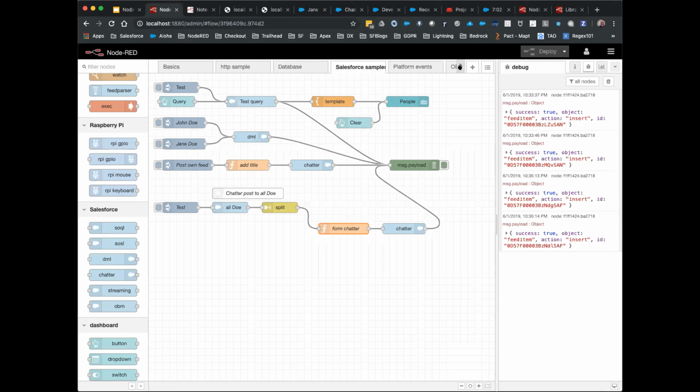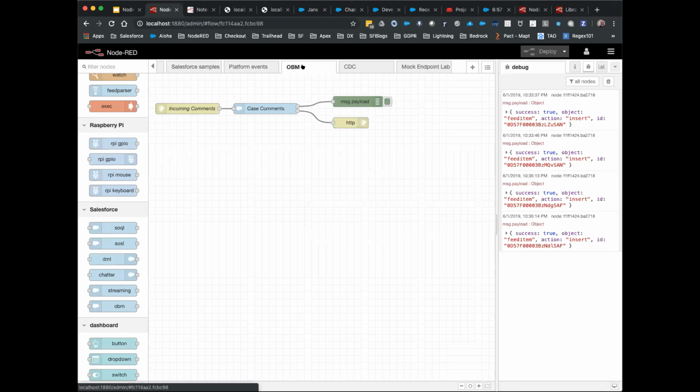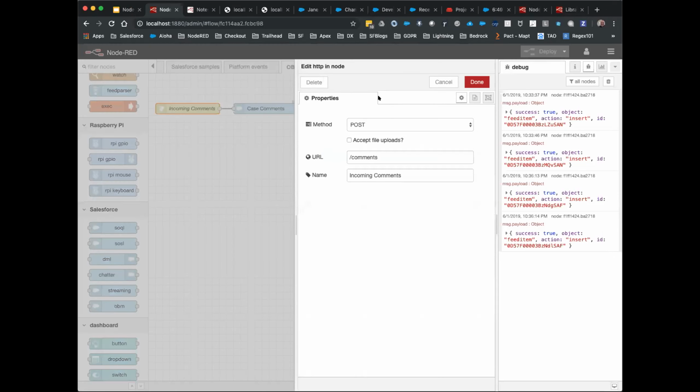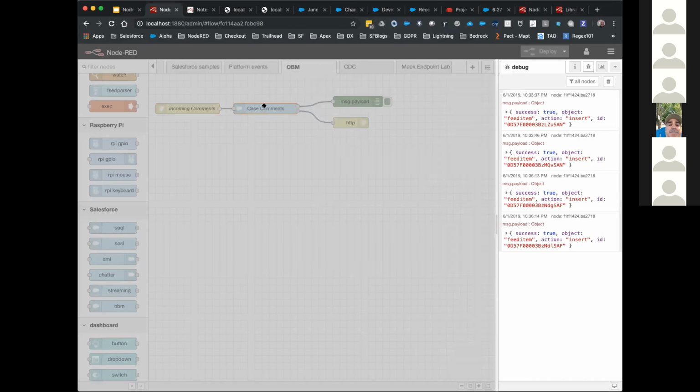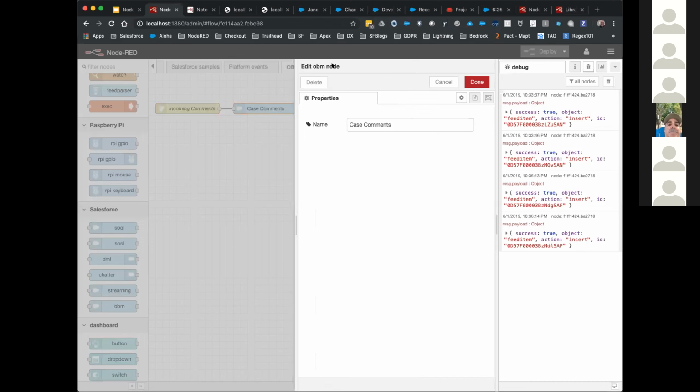But we're going to spend a little bit more time on streaming. So, outbound message, that's a little bit special, because I use a standard HTTP node as a front end. I said, okay, you listen, because an outbound message is just a web service call, and a web service call is an HTTP post. So I'm just going to listen, and then behind that standard HTTP post is the outbound message node,